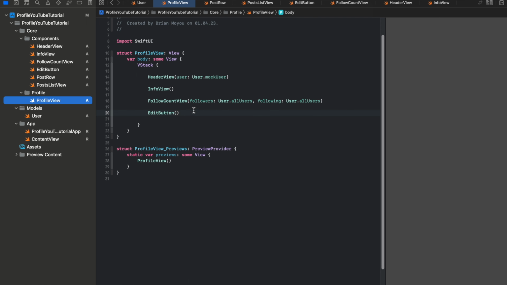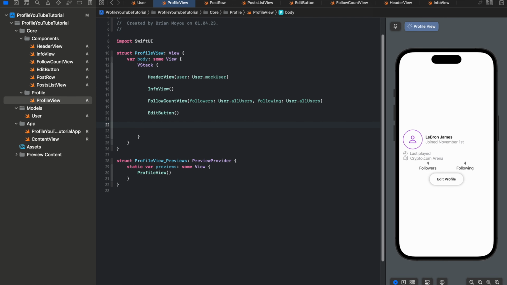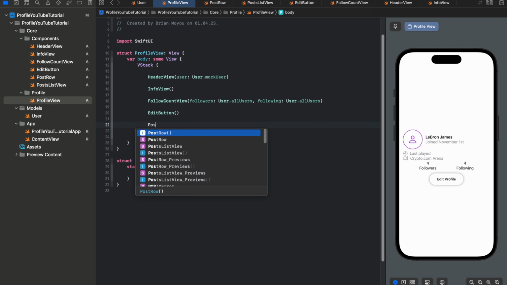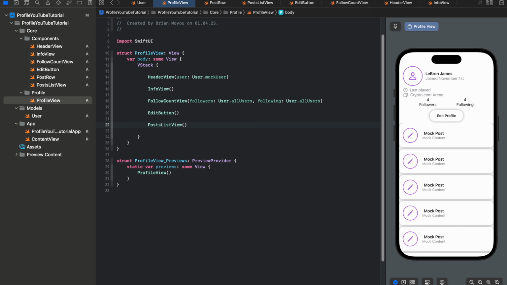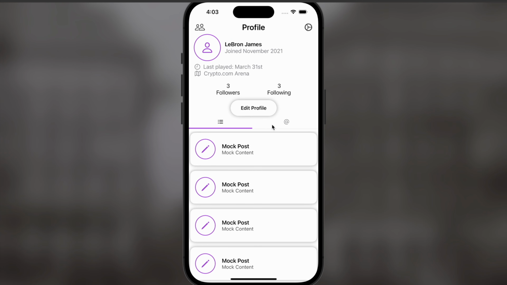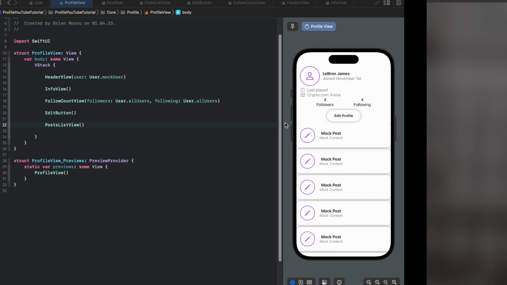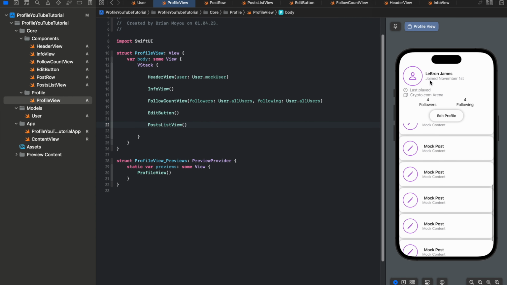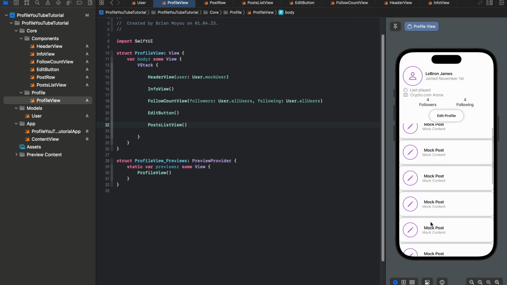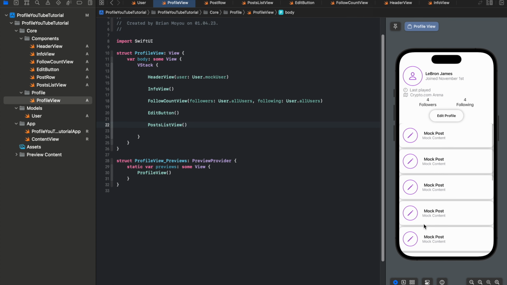And I'm just gonna add this list view right here. How did I call it? Post list view. All right, so our profile looks pretty much as before, except we don't have this filter bar right here. Again, we can build it, but I just choose not to. All right, so that will be the first part of this tutorial. Just have this basic profile,